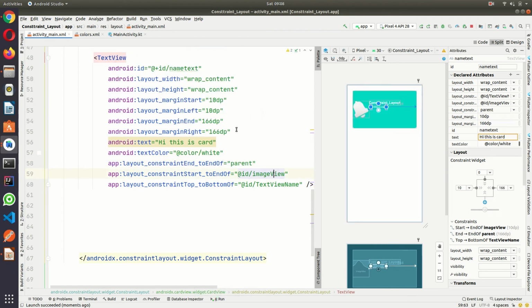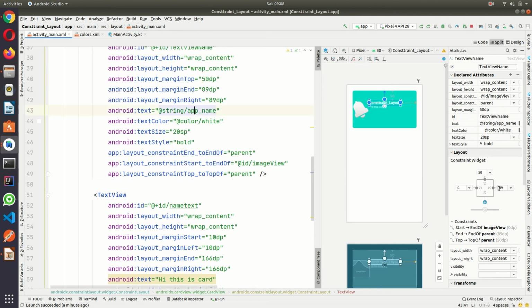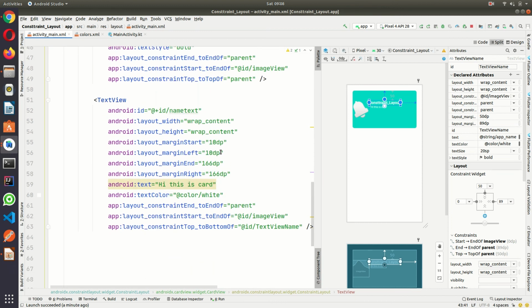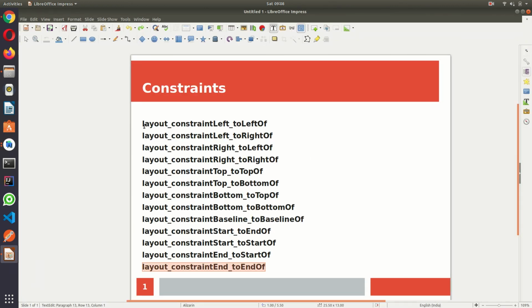And always remember these properties I have shown here. I'll put these properties in a comment. You should remember how to use them and when to use them, that is the most important thing. If you know this, then it will be good to work with the constraint layout.